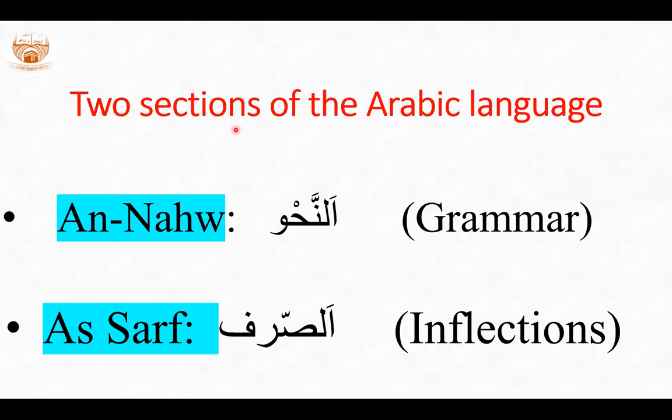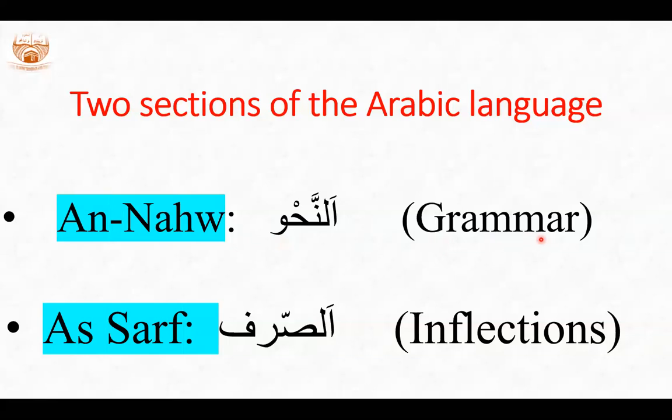There are two sections of the Arabic language. If we were to take the language and dissect it, break it up into sections, how many sections are we going to get? Two sections. We are going to get only two sections of the Arabic language. These two sections are, and you can read Arabic after me, an-nahu, an-nahu. See that? An-nahu. Notice I'm pronouncing a wow at the ending. Normally we sometimes pronounce it an-nahu, as though you have a U here. But usually an-nahu, right? Which deals with more grammar.